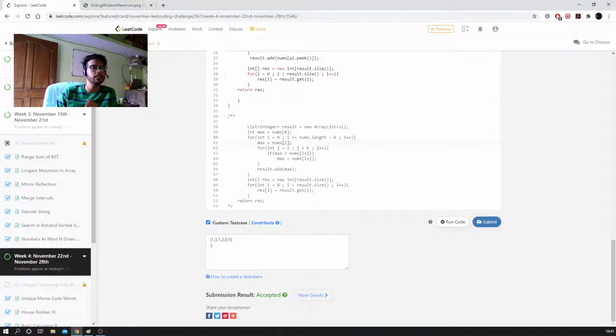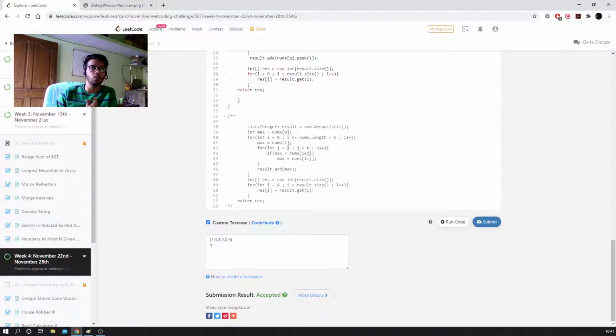Then I started another loop. I needed the loop from the first element of the window to the last element of the window. How do I do that? Either I could start from i to i plus k, or I could start from 1 to k.